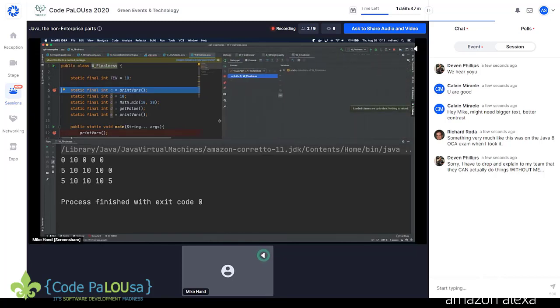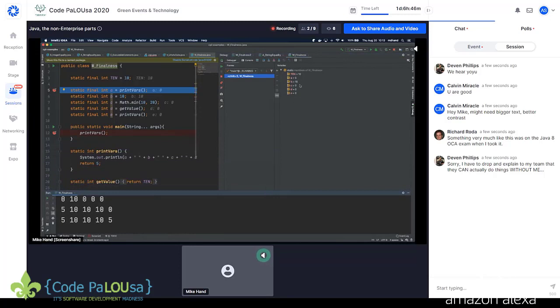Okay, now we will be over here, apparently. Okay, so let's watch this view, and we have here all of our static final ints. You'll notice that A's 10 is filled in because that one is known at compile time. It's a constant, 10. You'll notice that B is filled in because similarly, it's also a constant. That's a numeric literal. It's known at compile time, so that value is automatically assigned. Now, technically, the rest of these are also known at compile time. PrintVars only ever returns 5, and it's also a static method. You'd think that maybe it would be able to sort that out.